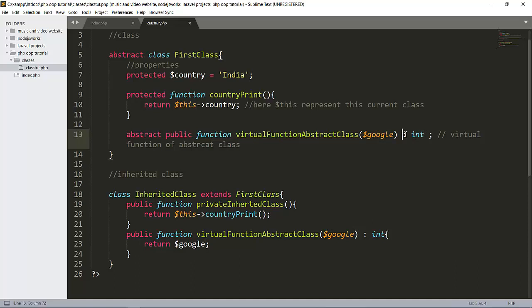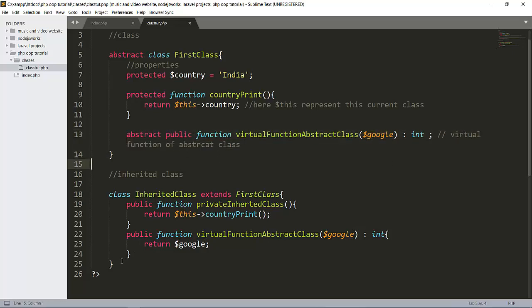If you are writing like this, the function name and this colon, and after that the type, integer or string, of the value you want to pass. If you are passing a string value in this variable, it will give us an error. If you are passing an integer value in this variable, it will give us no error. So this is a virtual function here.